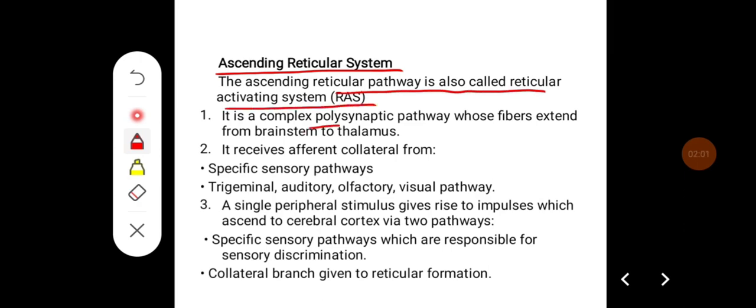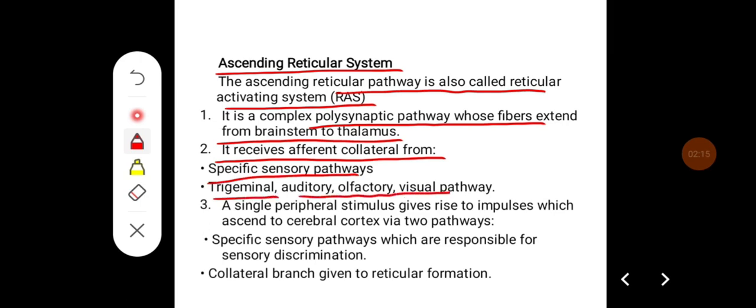It is a complex polysynaptic pathway whose fibers extend from the brainstem to the thalamus. It receives afferent collaterals from specific sensory pathways like trigeminal, auditory, olfactory, and visual. A single peripheral stimulus gives rise to impulses which ascend to the cerebral cortex via two pathways: the specific sensory